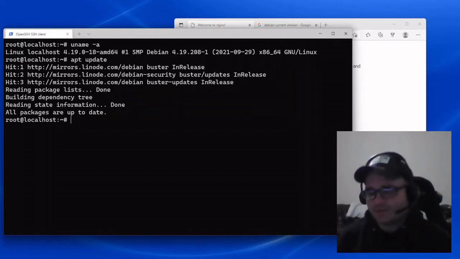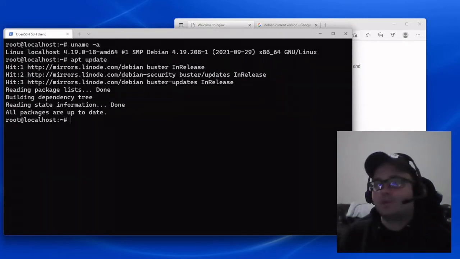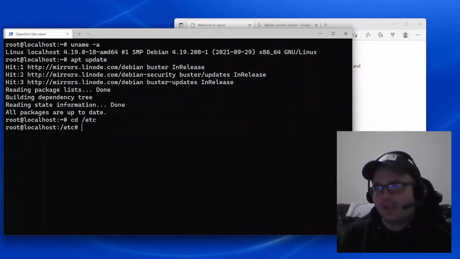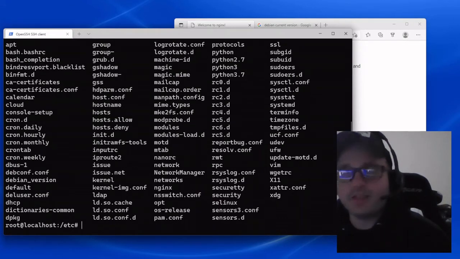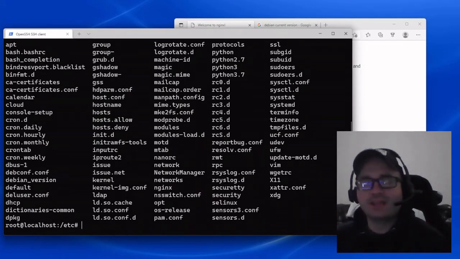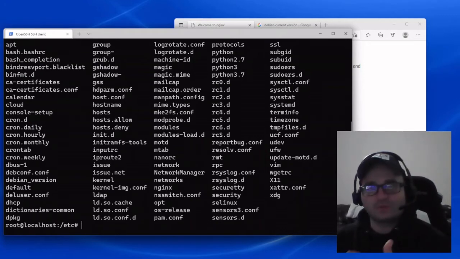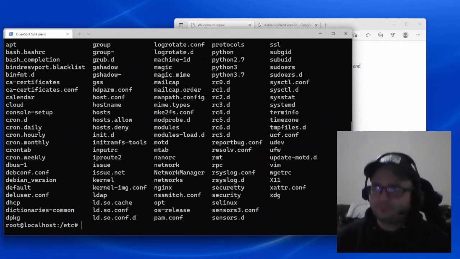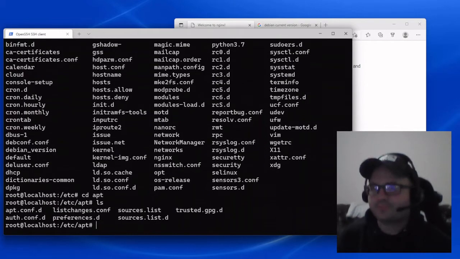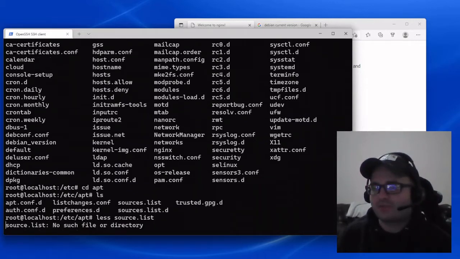So the way to fix this is to switch to the etc folder. We know that Linux runs everything from config files, and config files go into the /etc folder by default, typically. In here we want to switch into the apt folder, so cd apt. In here you'll see some files, particularly the sources.list file. So if we run less on it, which is one of my favorite readers,